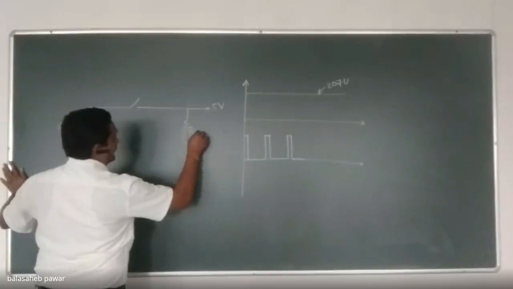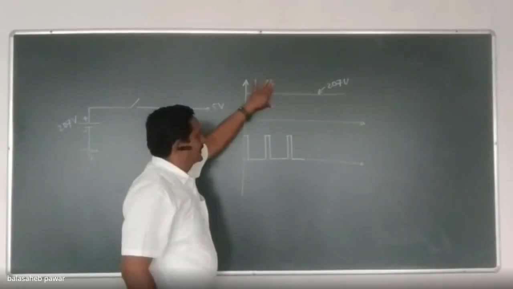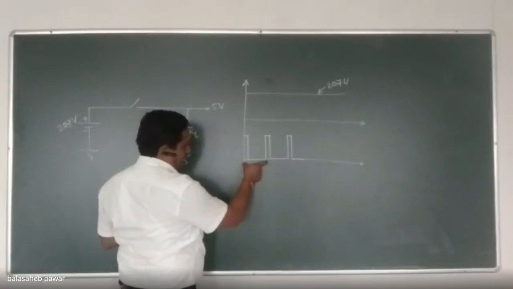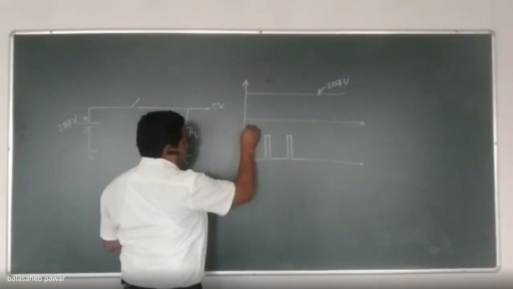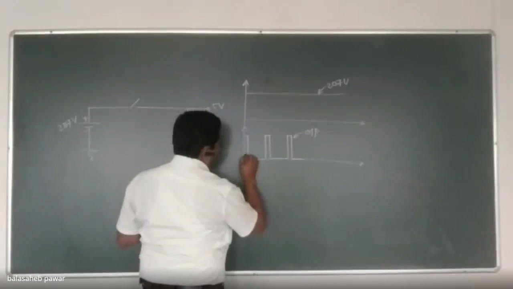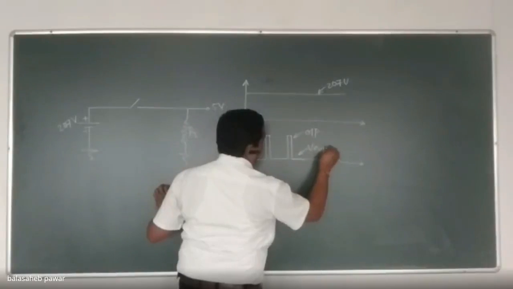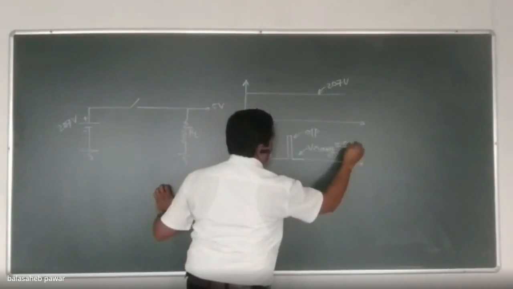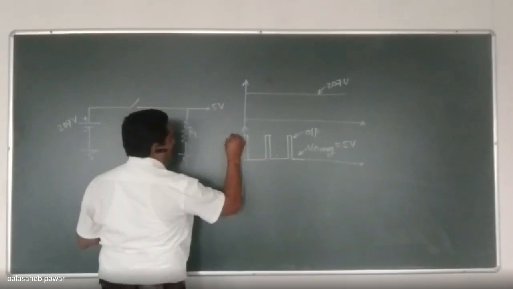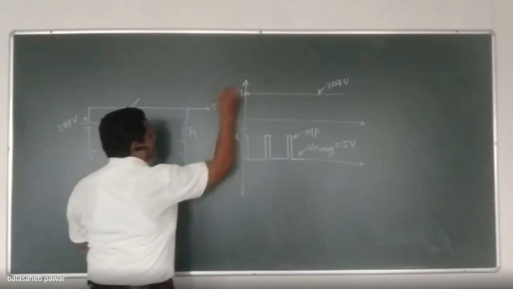So see, the available input voltage is how much? 207 volts, right? From that, by these pulses, suppose this one is our output. This is my output, and if we take its average, that is VO average, it will be equal to 5 volts. While the peak voltage of those pulses will be 207. Same. This is 207, correct?